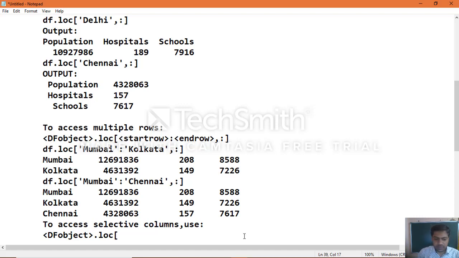In this case, first you use the colon and then a comma, then you can specify whatever column labels you want to access: start column, colon, end column.